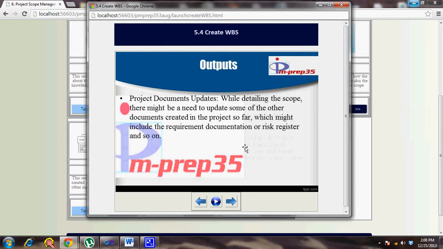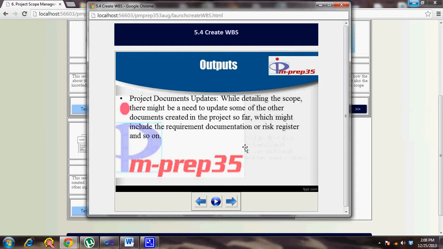So that's why project document updates is a very important output. Anywhere there's a lot of iteration and revisits, obviously that will result in updates not only to the other plans but also to the project documents. So these are the important outputs: the scope baseline, then you come up with the project document updates.